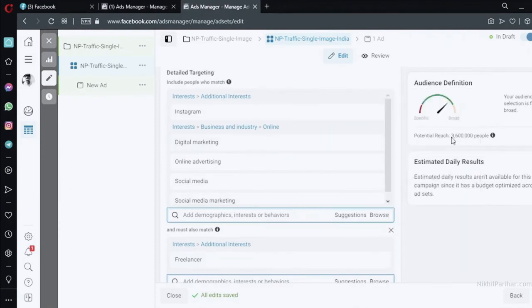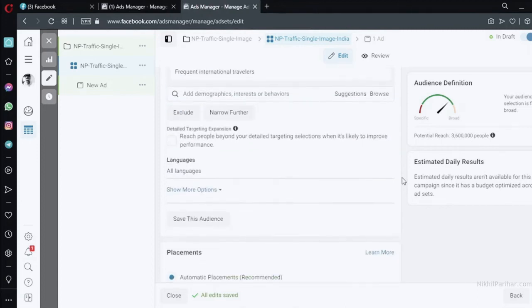So that's how you can see it has come down to 3.6 million people. I think it is fairly small now for us to target, reach people. Make sure your audience is not very big here, because you don't want to reach out to everyone. If you try to reach out to everyone, probably you will not be able to convert better. That's because we only want to reach out to the people who want to buy our product or who are interested in our businesses. So I hope you understood this.